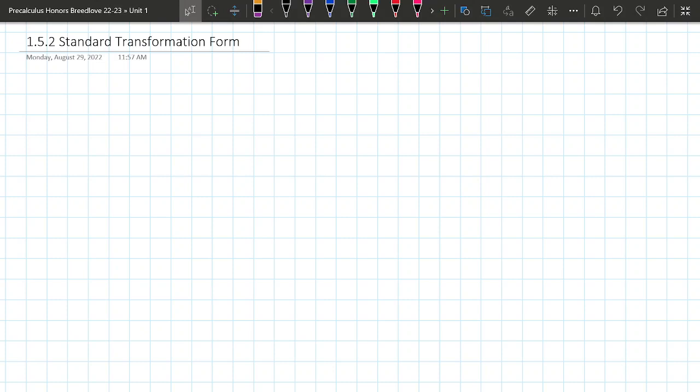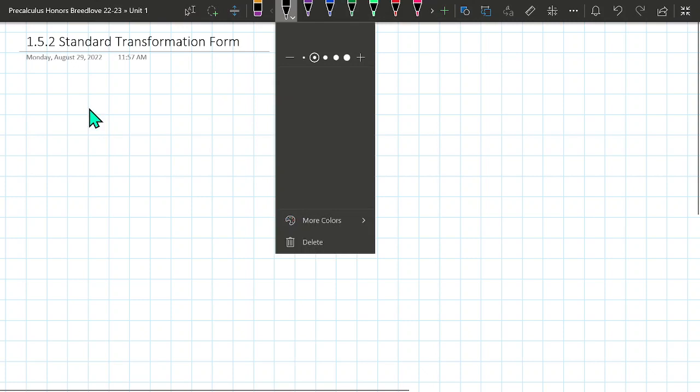All right, so standard transformation form. So I'm going to write this out. Oh, we're going to turn this thing on, or else my tablet doesn't work. All right. So if we